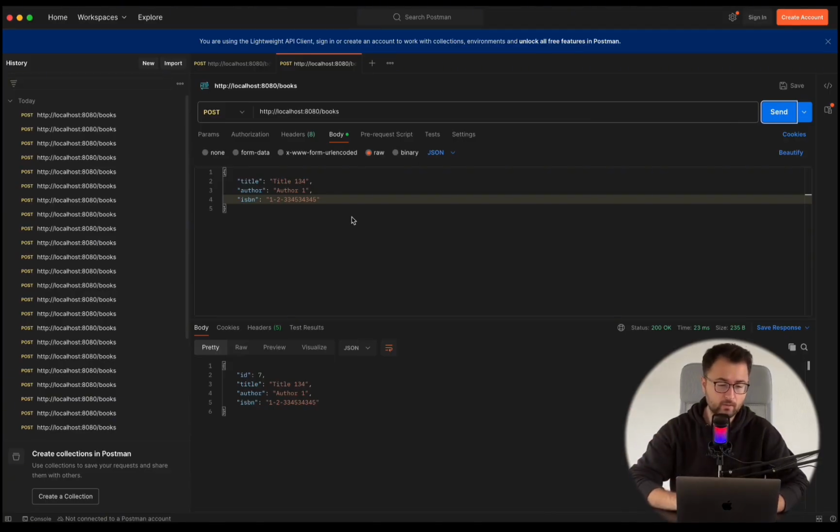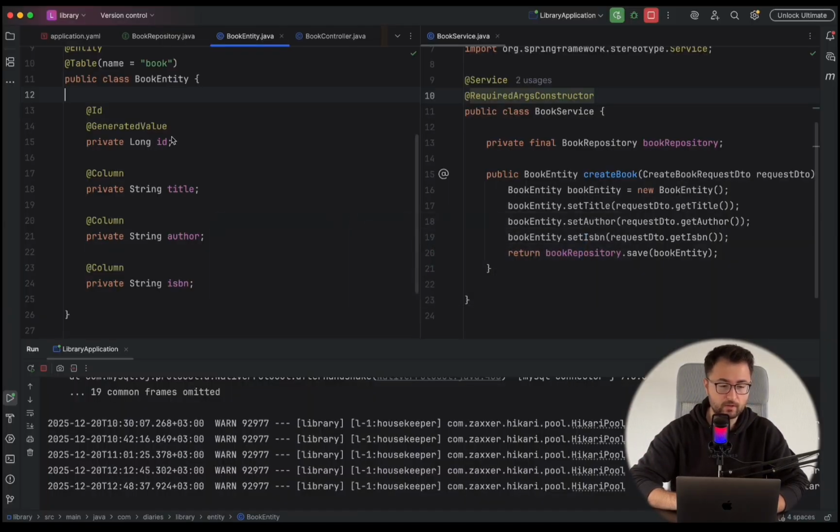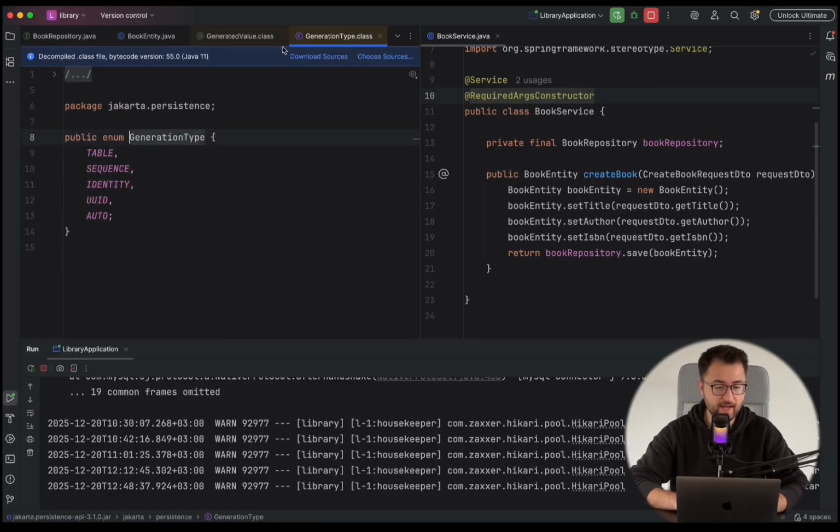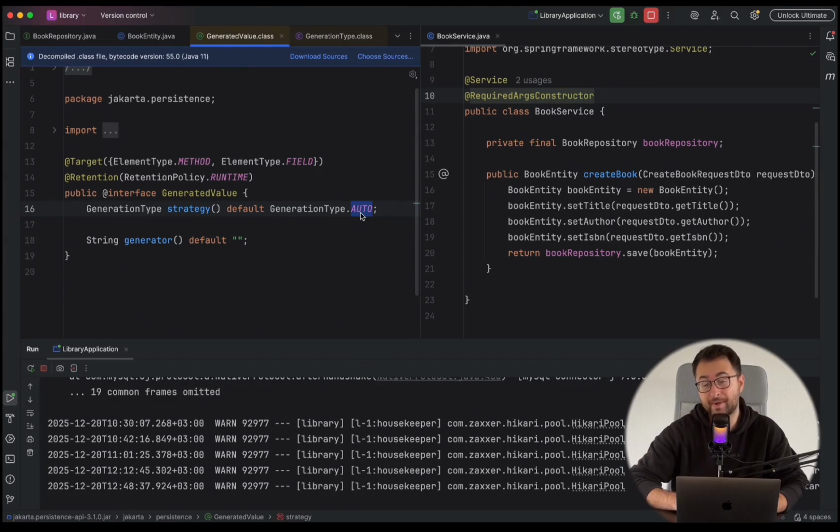So if we go back to our book entity, as you are going to remember, we had annotated the ID field of this book entity with a generated value annotation. And if you paid attention enough, we actually mentioned certain generation types, and we actually used the default automatic generation type strategy for this particular entity. Now, to my surprise, the internal working of this was actually quite different than what I thought. And what I found out when I was searching for this over the internet is that